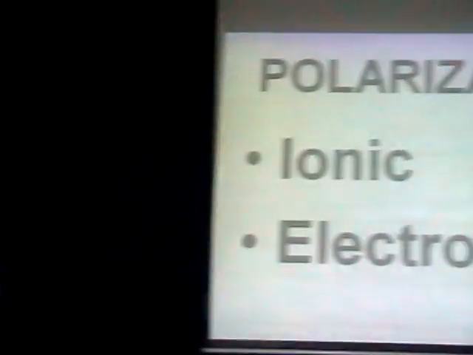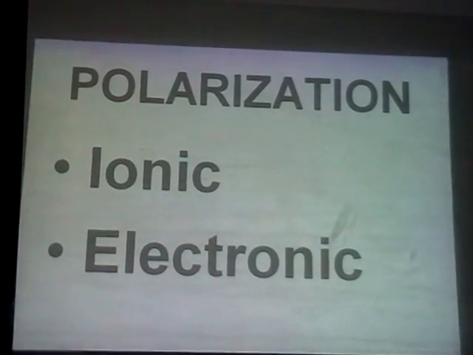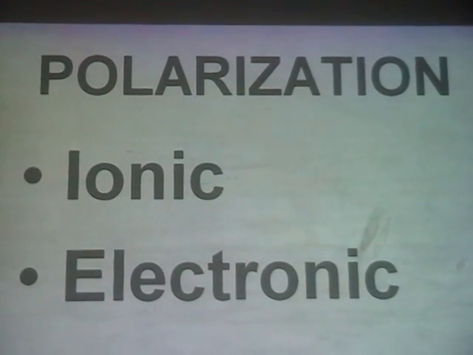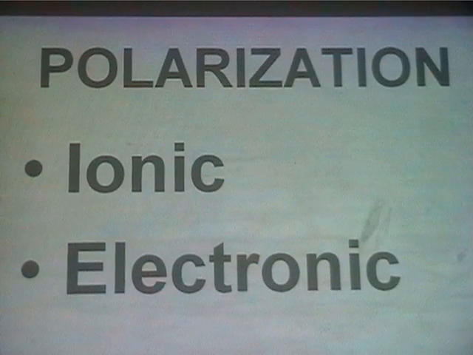That process is called polarization. We have studied in plus 2. Polarization means when electric field is applied, a small separation takes place between positive charge and negative charge. Ionic polarization we can explain where you have ionic bonds. If the material exhibits ionic bond, when electric field is applied, between positive ion and negative ion there will be a small separation. So if there is a small separation between positive ion and negative ion, it is called ionic polarization.